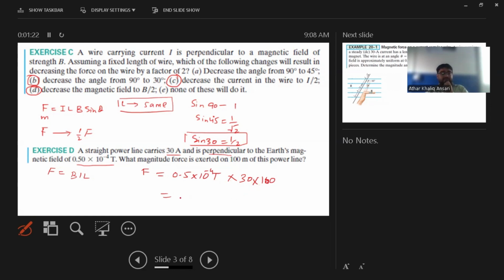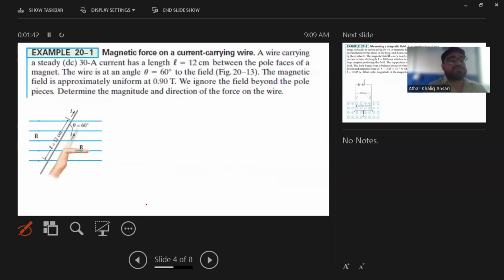Can you please check it out? This is 100. I think 0.15 Newton is the force. Okay, this is the force on the wire. Okay, next one, please. We have this situation in which we are going to find the magnetic force with the